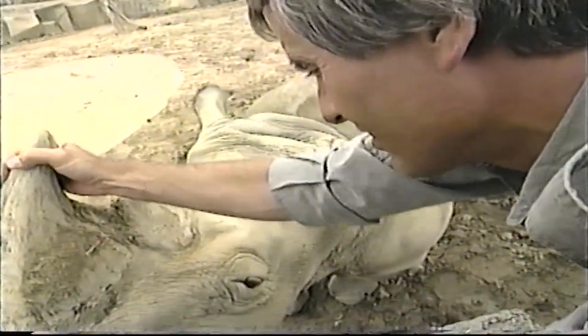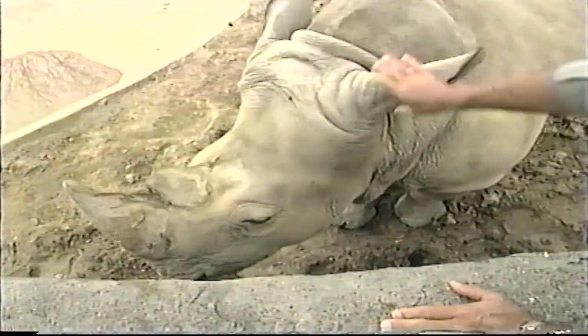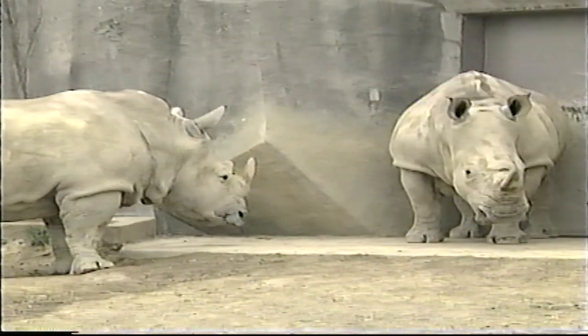It's not attached to the skull. I'm just wiggling that horn, Harry. It'll move back and forth because it's not fixed to the skull. It's really just attached to the skin at the edge. So what's happening to the rhinos in the wild then? Well, poaching for the horn has been the big problem, and habitat destruction is becoming more of a